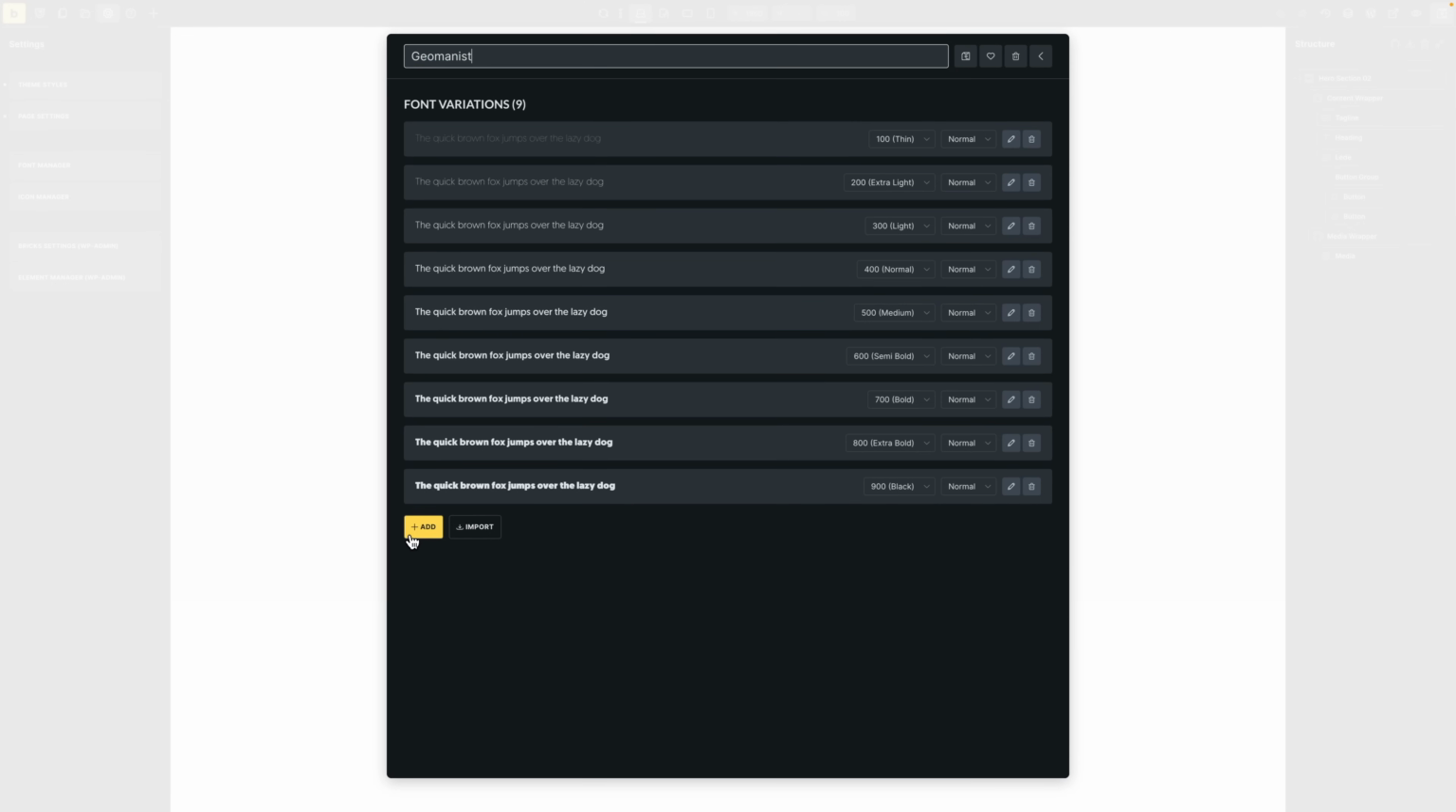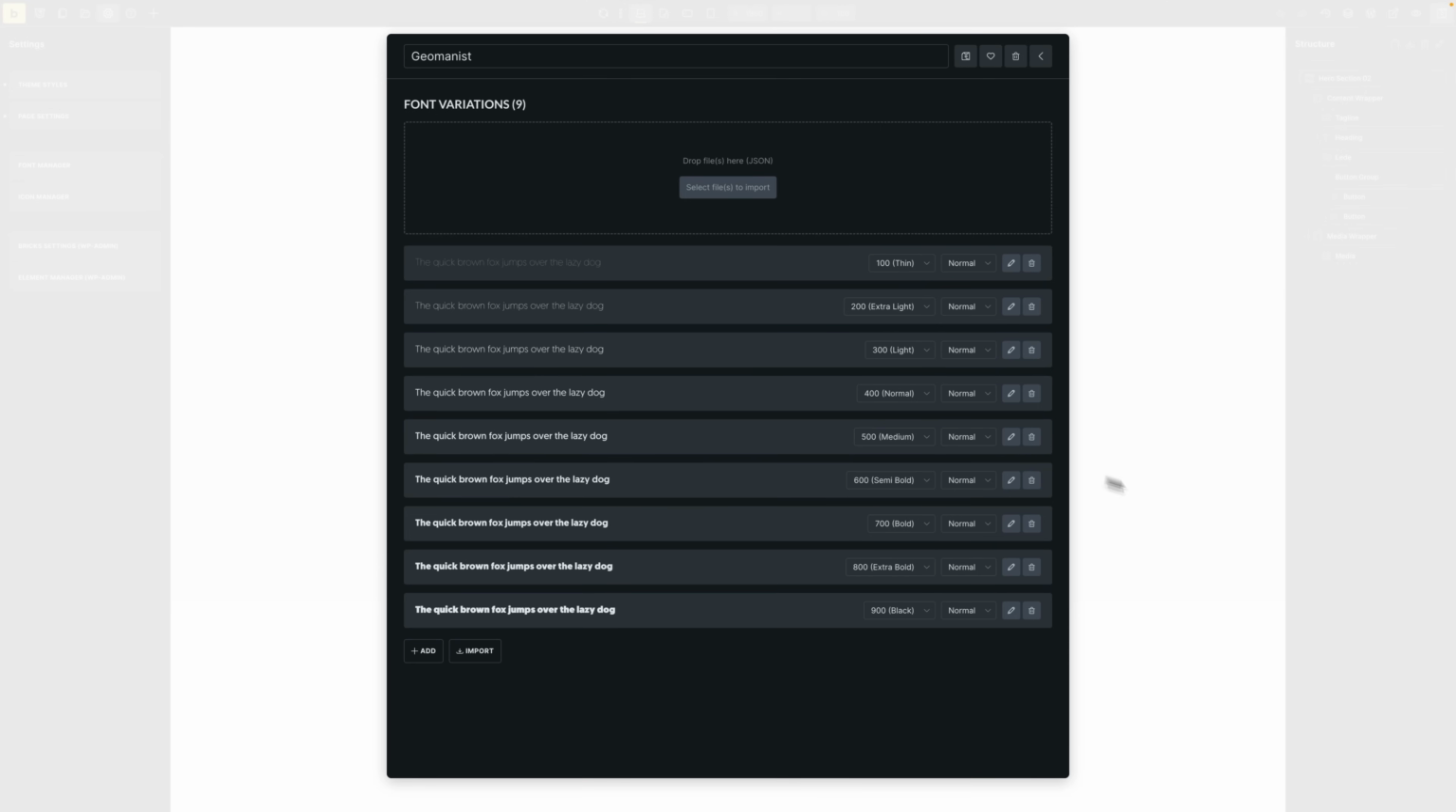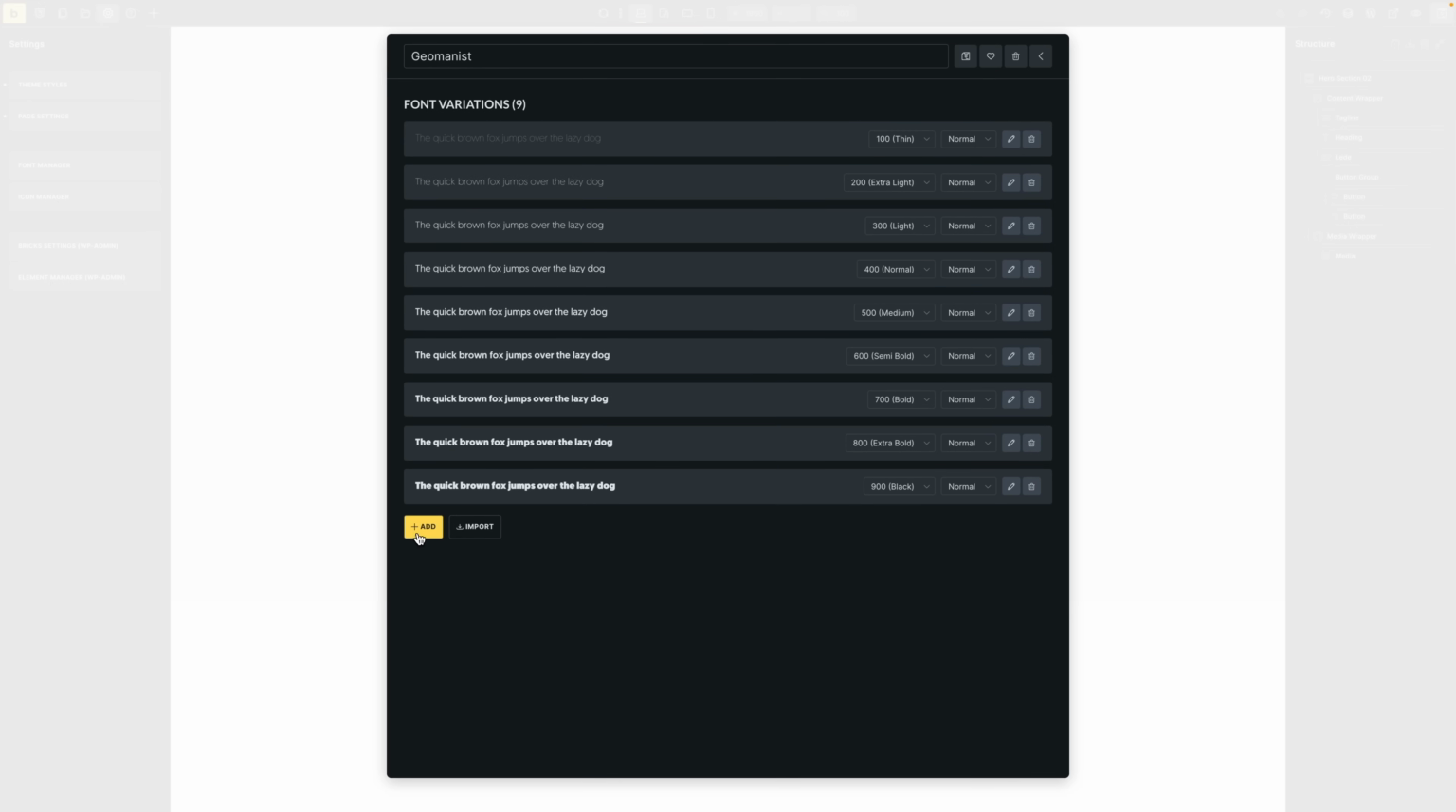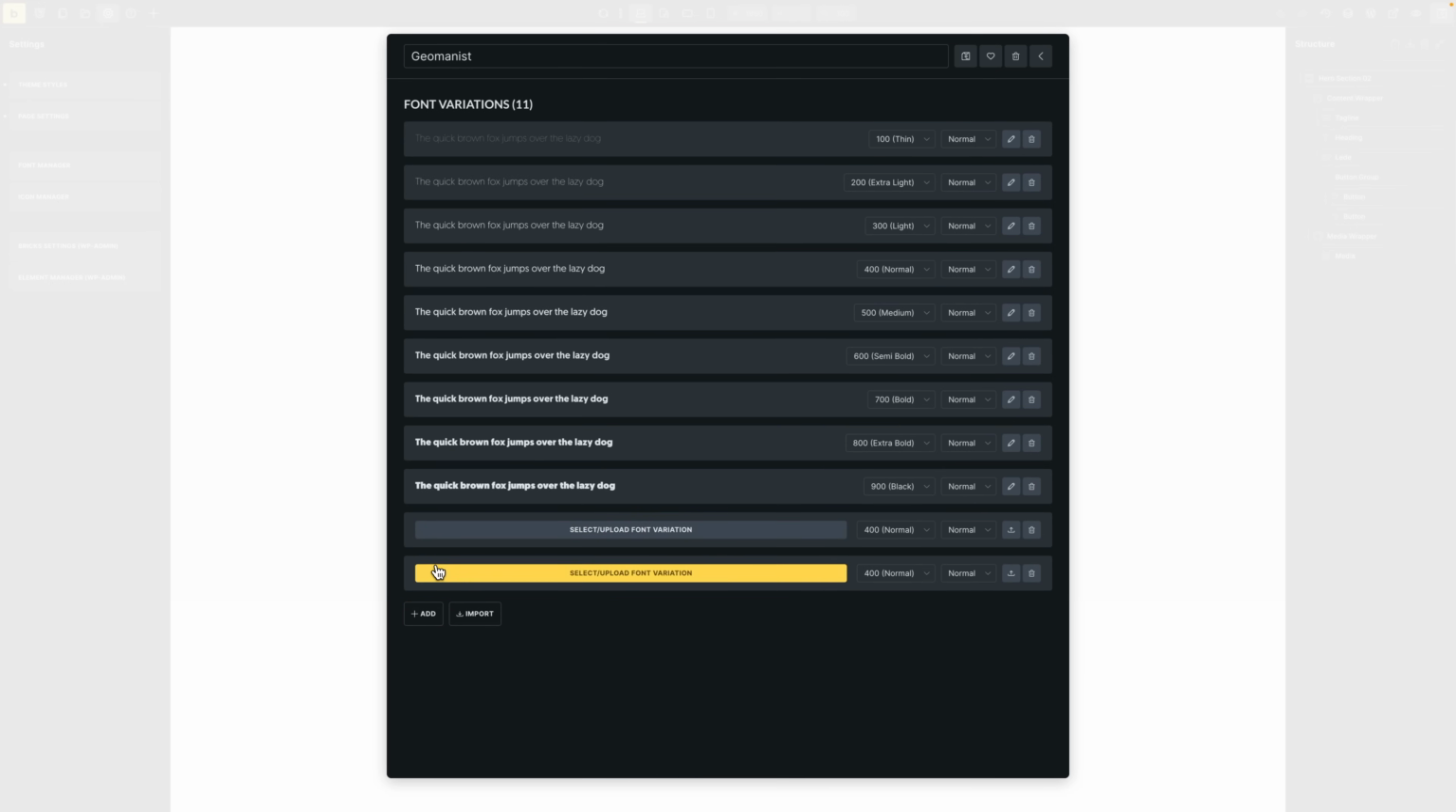If I want to add font variations, if I have a new font, I can just simply click on import, and then I can just drag and drop everything here in one go, right? And upload it that way, the font variations, super quick. Or if I want to do it one by one, I can just click this add button here, right? I'm not going to do that, so I'm just going to go back here